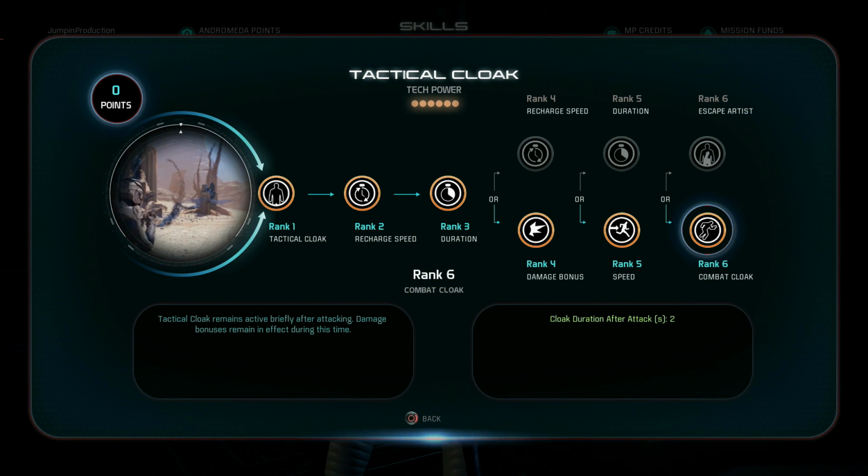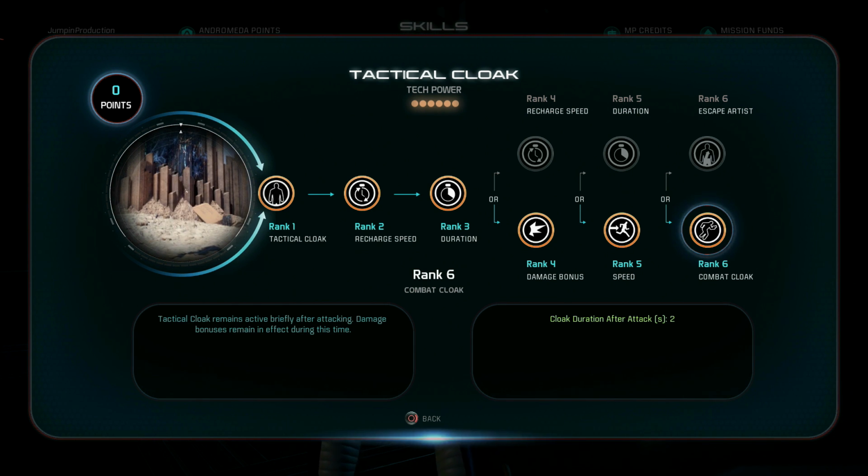Because if you're wondering, well, wait a minute, if that's bugged or glitched or it doesn't work the way that you would think it would work, what's the point of getting Combat Cloak? Well, the thing is that you get the damage when you uncloak for the 2 seconds, even if you are no longer cloaked. So this will actually make it so that you are going to be cloaked for an extra 2 seconds,